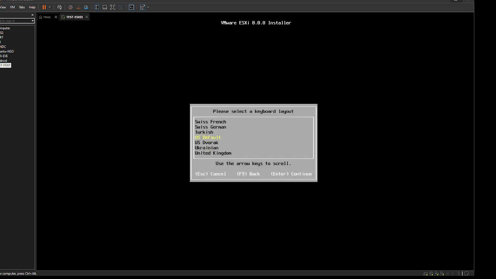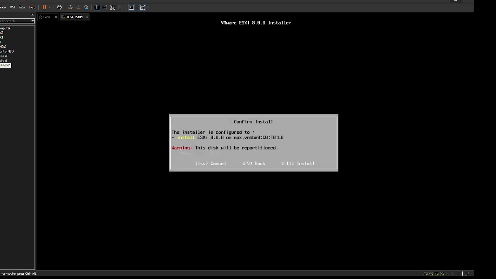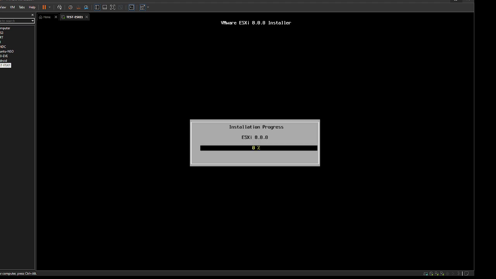Now I do have only one storage, so that's why it is showing you one. So if I have multiple, it will show you multiple. Okay, US default, that is my keypad, and I want to enter the password. That should be moise123 hash with capital M. Password match, enter, and now F11. Now this is installing the software on that particular server.